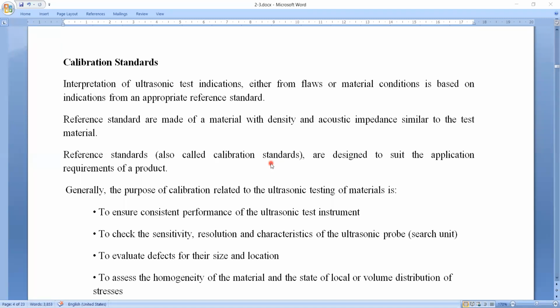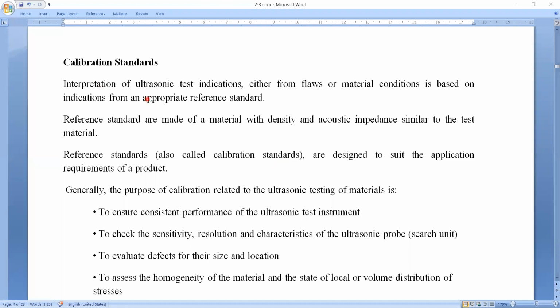So we have to test the equipment by comparing with reference standards. By comparing with the standards, we assess the equipment and our readings. If you have any doubt on the equipment or measurement, we have to compare the results with the standard references. In ultrasonics also we have some calibration standards.